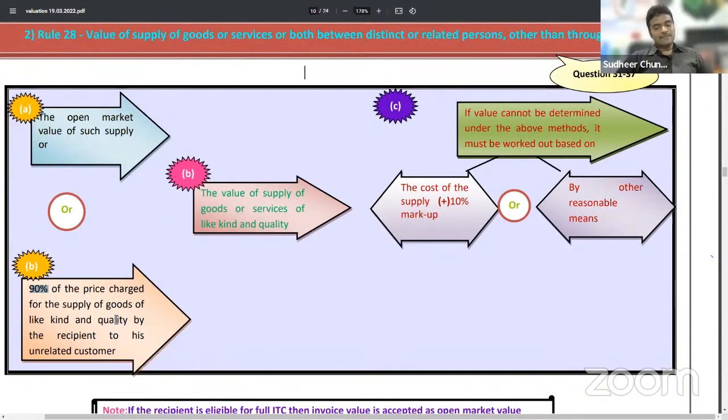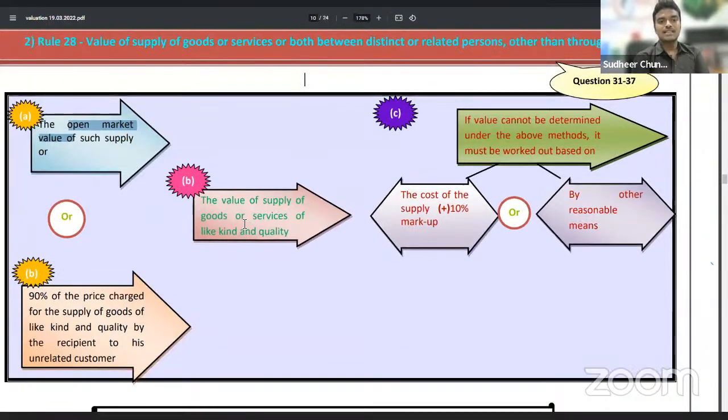So the open market value or 90% of the price charged. How much percentage is specified there? 90% of the price charged for the supply of like kind and quality. Is it clear here? So now coming to the next thing. Sir, if the open market value is not available, and like kind and quality is also not available, then what do we need to see? The value of the supply of goods or services of